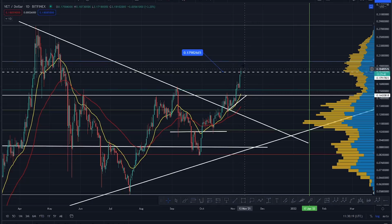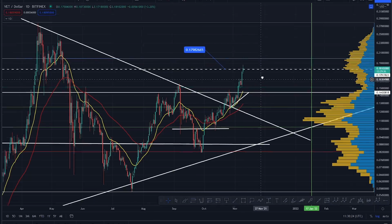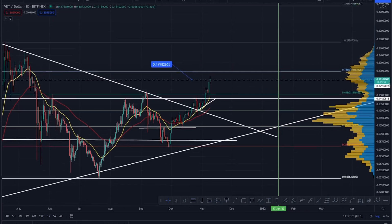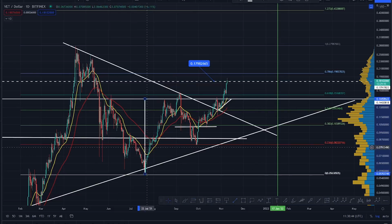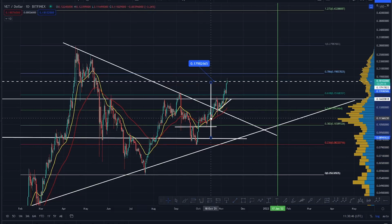So if it does run into a bit of resistance and roll back, don't be scared. Don't run for the hills, because you're breaking out. You're on technical targets to the upside. You're working your way through the fibs. Right now, you could essentially say that 786 could come into play as a key level of resistance. I do think you are in a technical target to around about 37 cents off this huge horizontal, but you are equally in a technical target of an inverse cup and handle, inverse